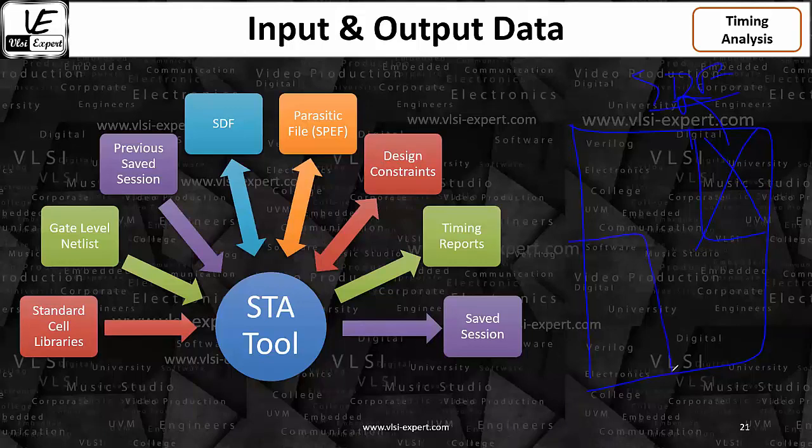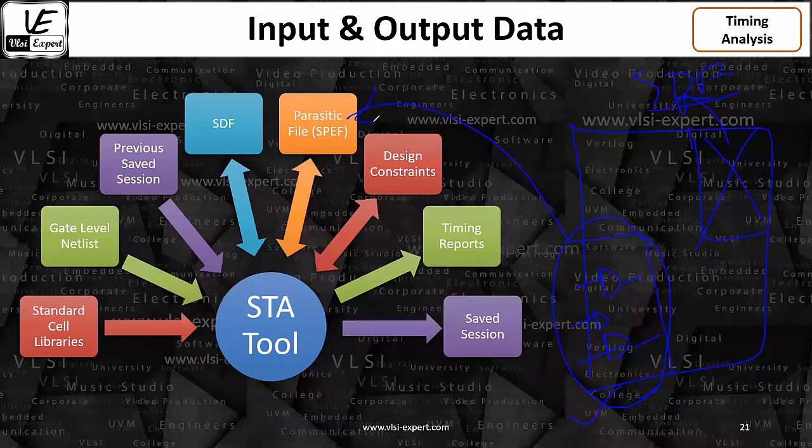Now this is something where I'm going to change it. Change in the sense, if it is a buffer, maybe there is a buffer here, maybe I can convert it into an inverter or something like that. So here I'm going to do a lot of routing, optimization, fixing violations, all those things. That means the netlist is going to change in this particular area. If the netlist is going to change in this particular area, that means the SPEF is going to change every time. Obviously, SDF is not going to work for that particular area.